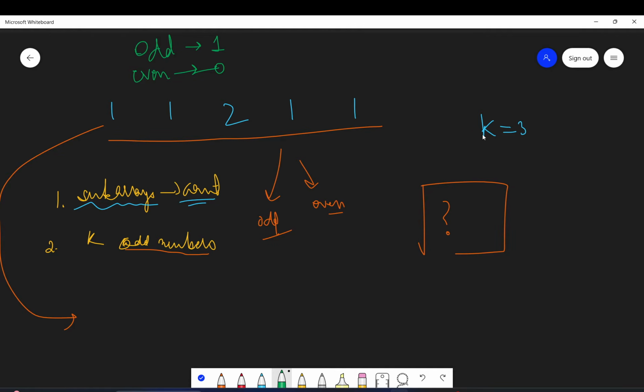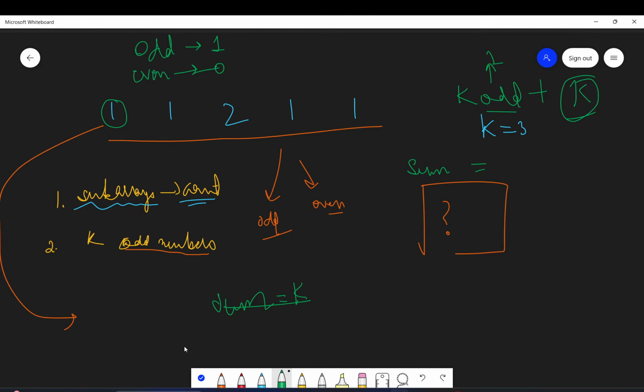Why? Because we have to find out k odd numbers. So if all the odd numbers are replaced by 1, we have to basically find where the sum is k.